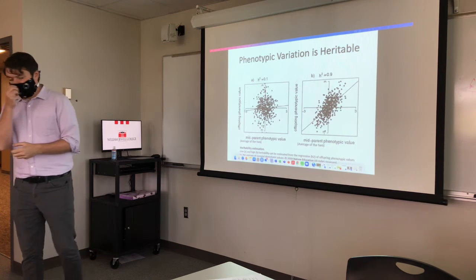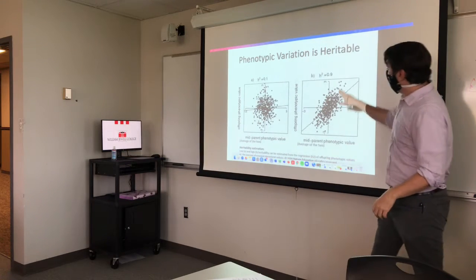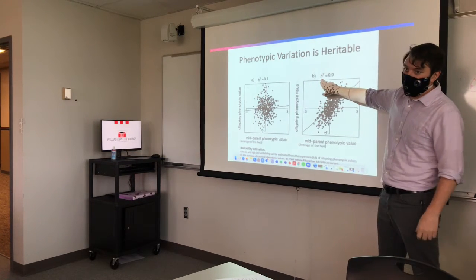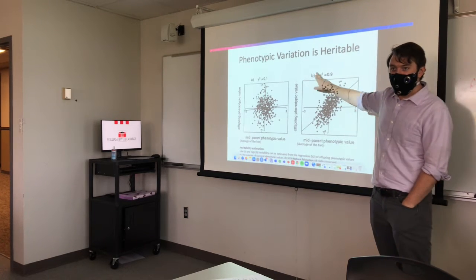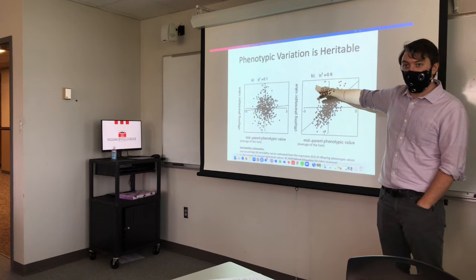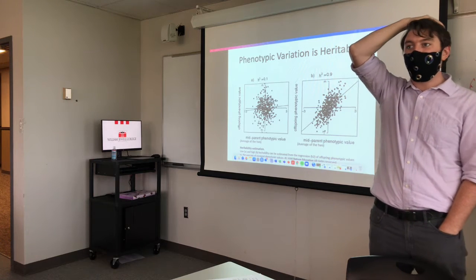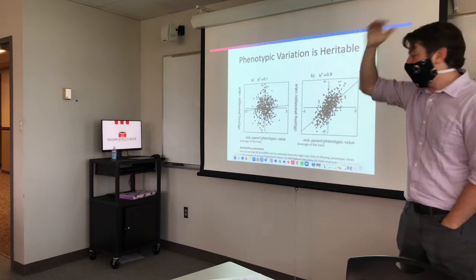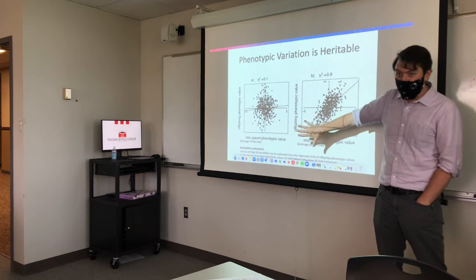So that's heritability. You'll see it's often denoted with this term here, h squared. You're not squaring anything when you see this, it's just what we use to represent heritability. But you've seen this before as the slope of a line. How many of you are familiar with y equals mx plus b? Yeah. So this is a line and it has a slope, the m value. In this context, we represent that slope as heritability, or h squared.